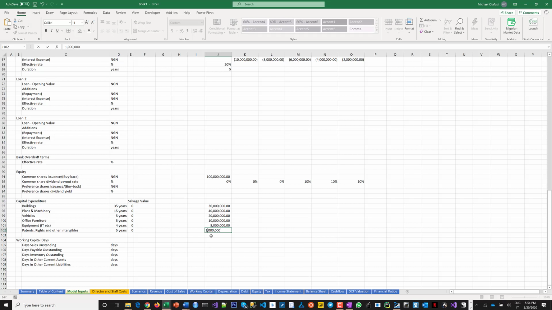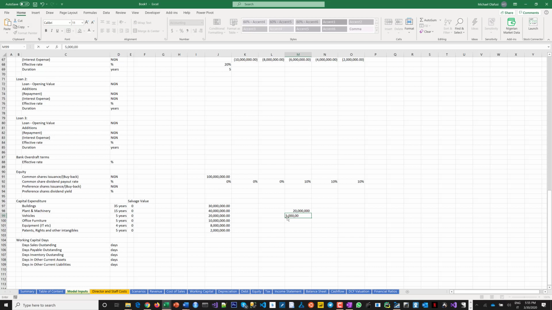Or say 2 million naira, because they might need some kind of licensing rights from the OEMs of some of the software they're going to use and some production processes. Okay, and then let's say they plan to expand their production line, add some additional 20 million naira worth of plant and machinery, expand their sales and marketing